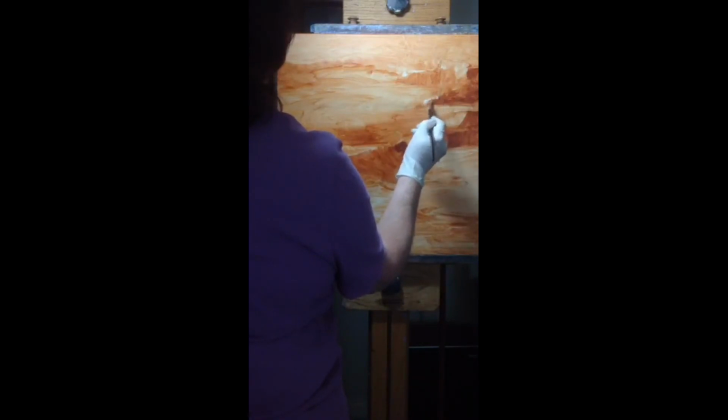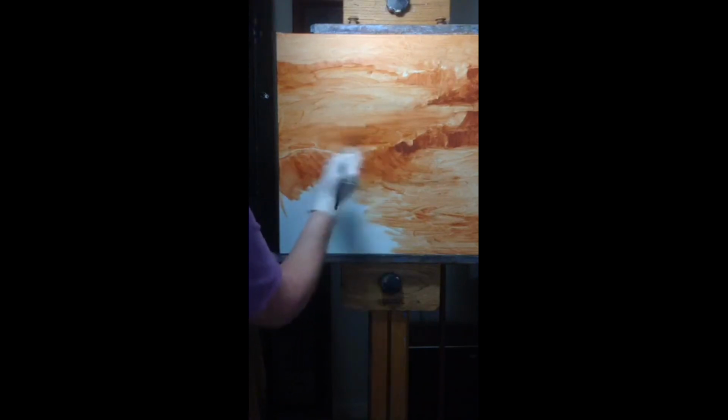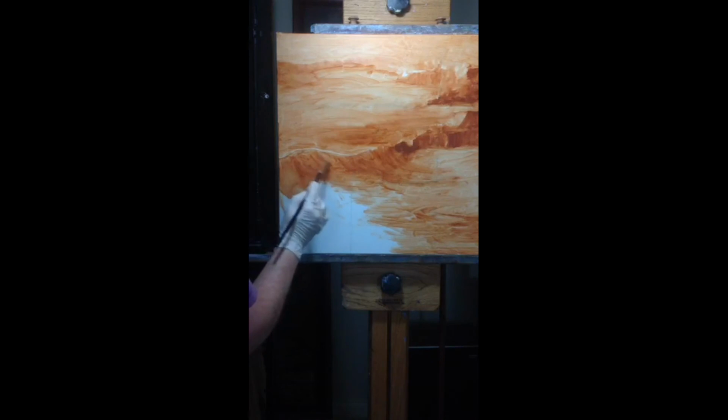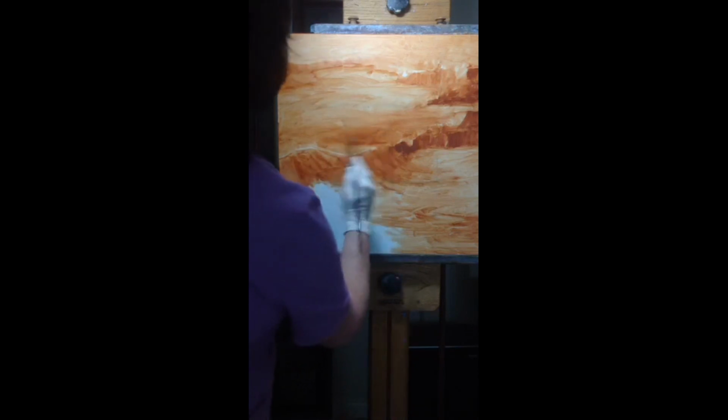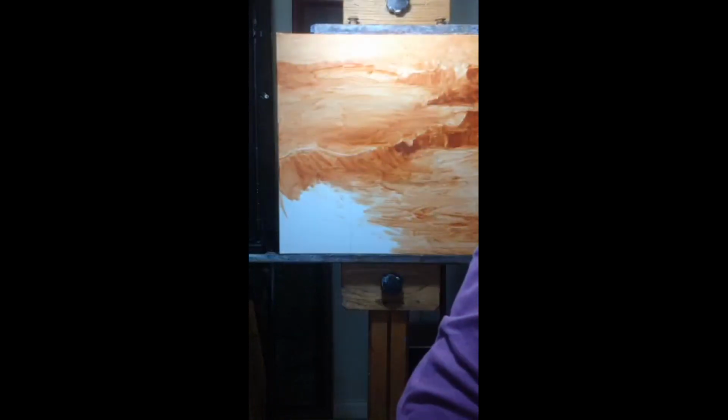Just kind of thinking of different planes. There's a little bit of a smaller rock cluster here. It's getting backwash from the rocks over here, as well as some